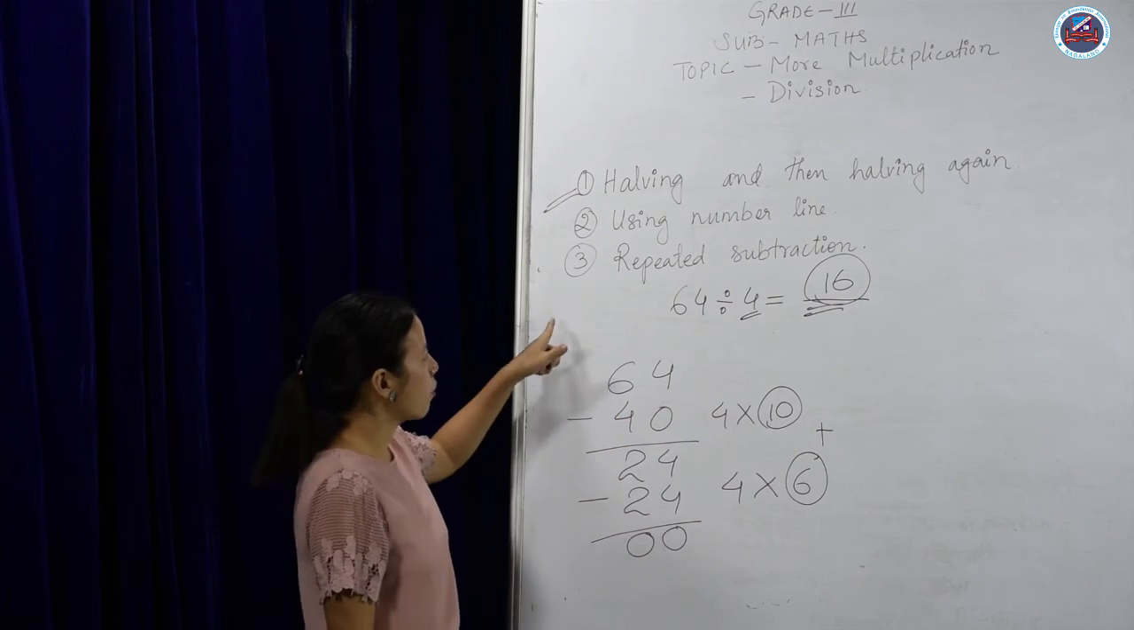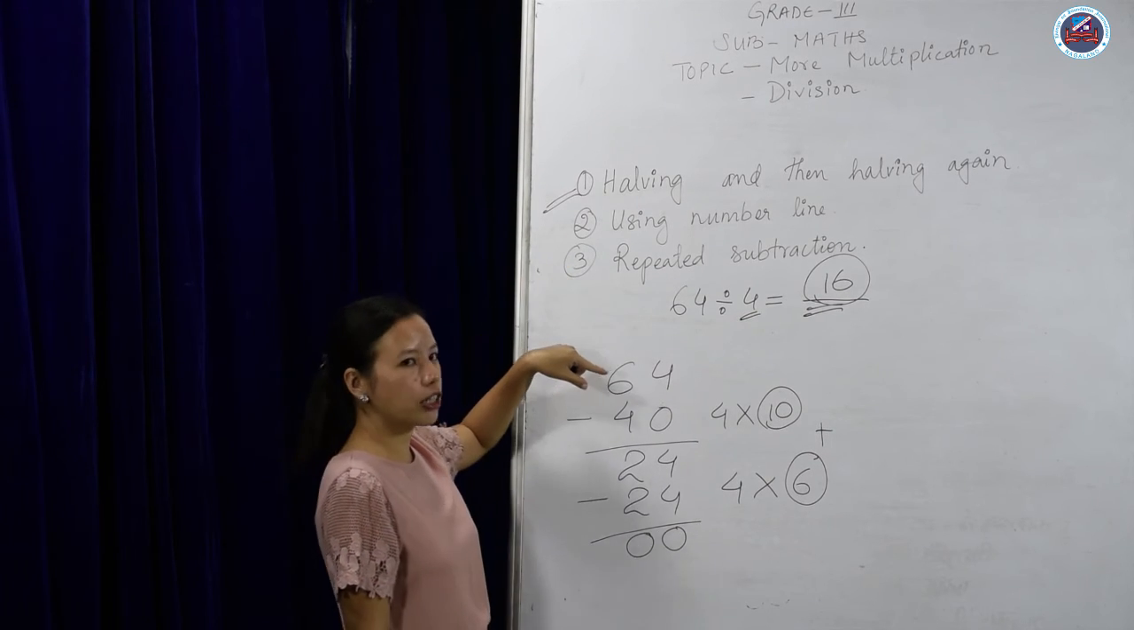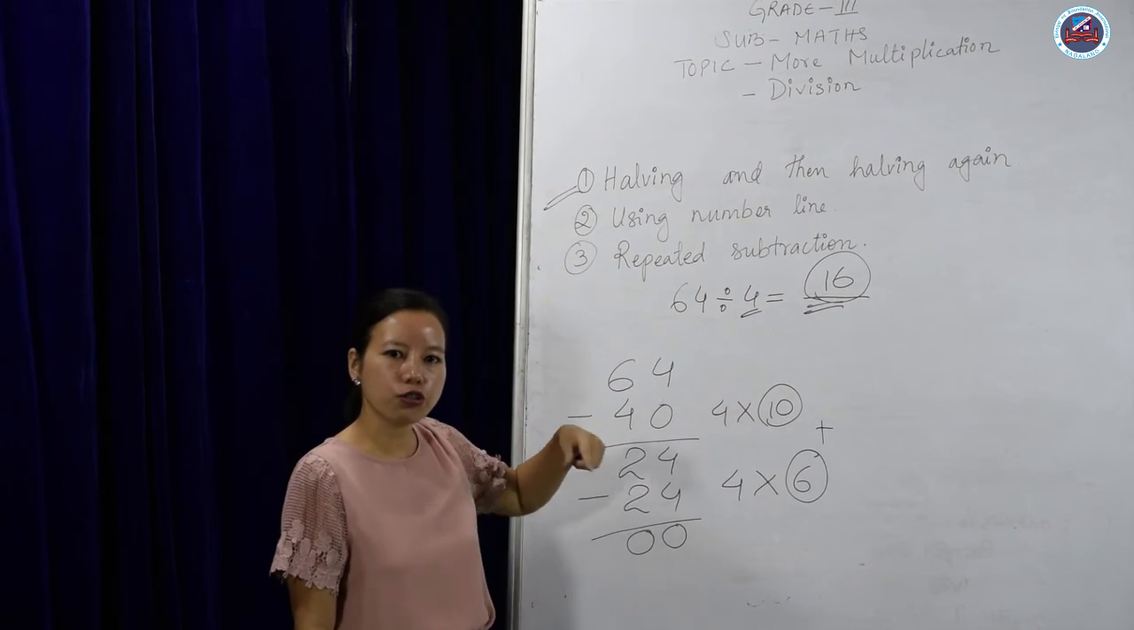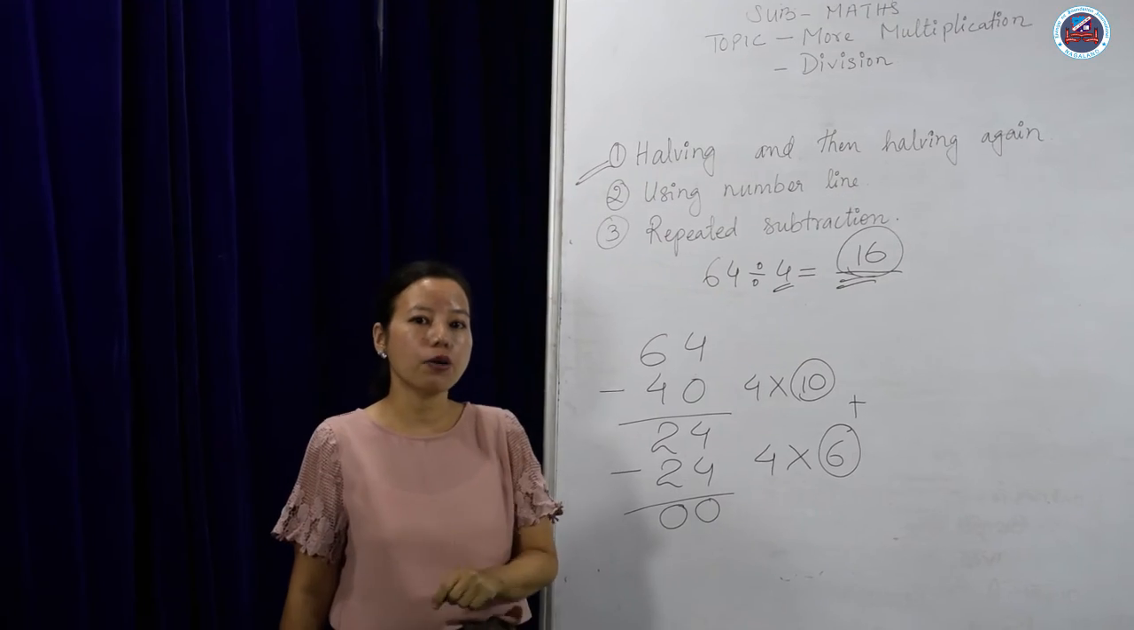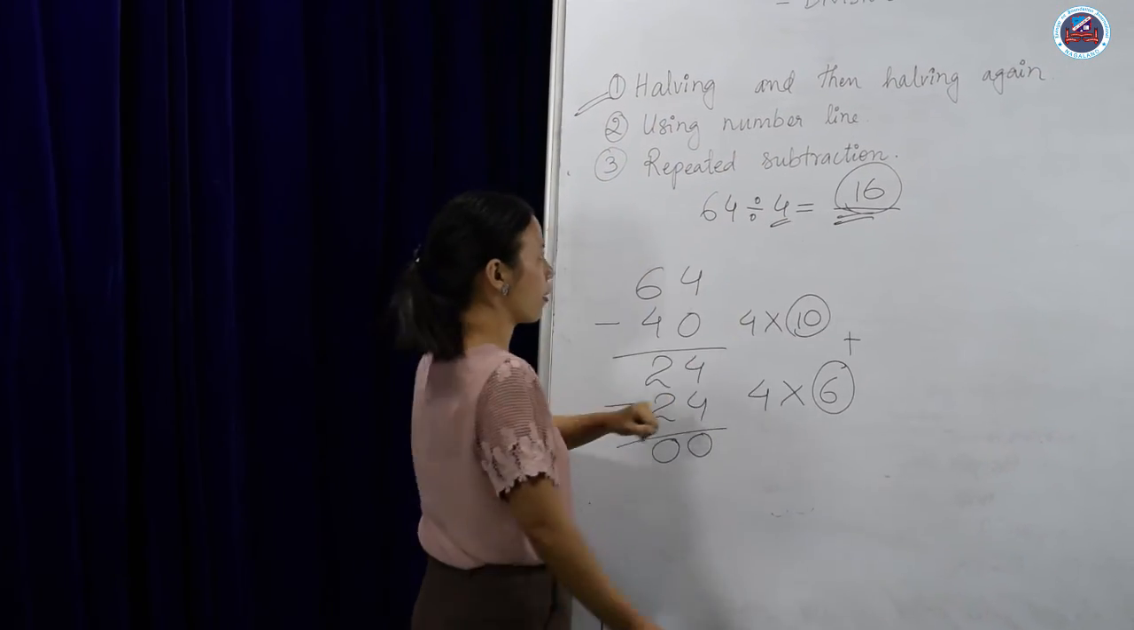Right? So that's how we use this repeated subtraction strategy to find the answer. So these are the three strategies. You can use any of the strategies to find the answers. But one thing you have to remember is that when you're doing it for halving and halving again,